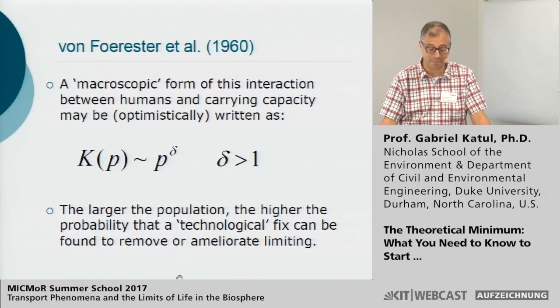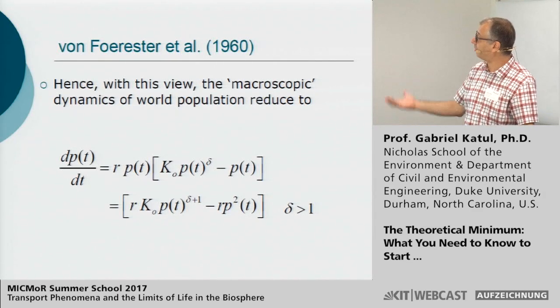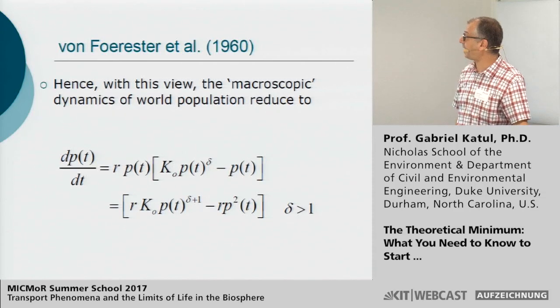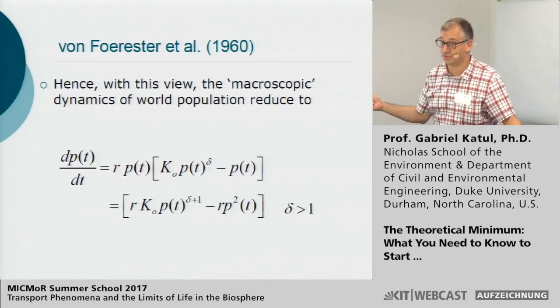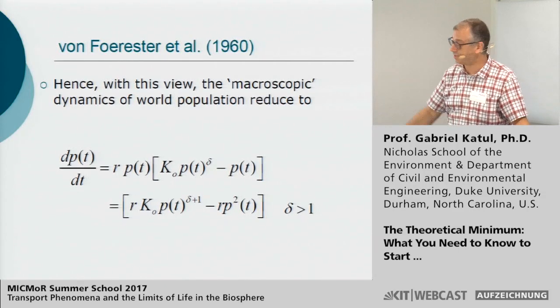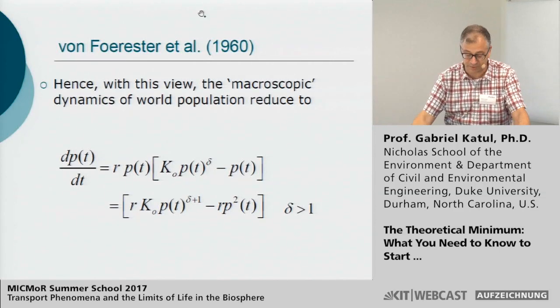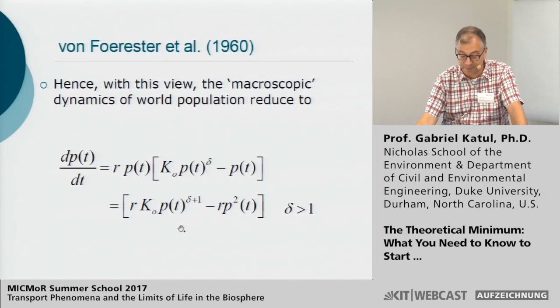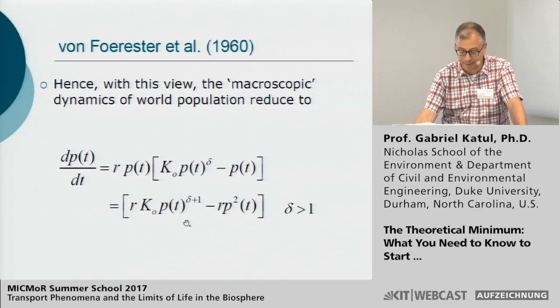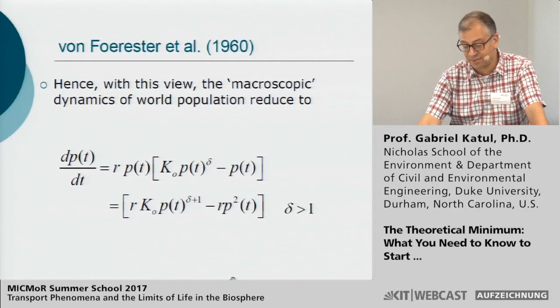So he decided to go back and revisit the logistic equation. He said, if you go back to the logistic equation with this model of the carrying capacity that is now not constant, but grows with human population, because you're able to find all these technological fixes, then the logistic equation reduces to this form. We have dp dt, rather than being a constant proportional to the carrying capacity, it's actually dependent on the population raised to some exponent, delta plus 1, minus the term that is actually causing the reduction in population, p